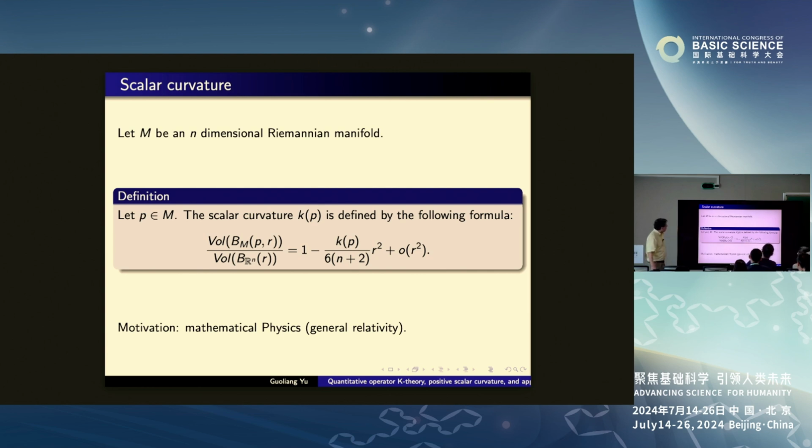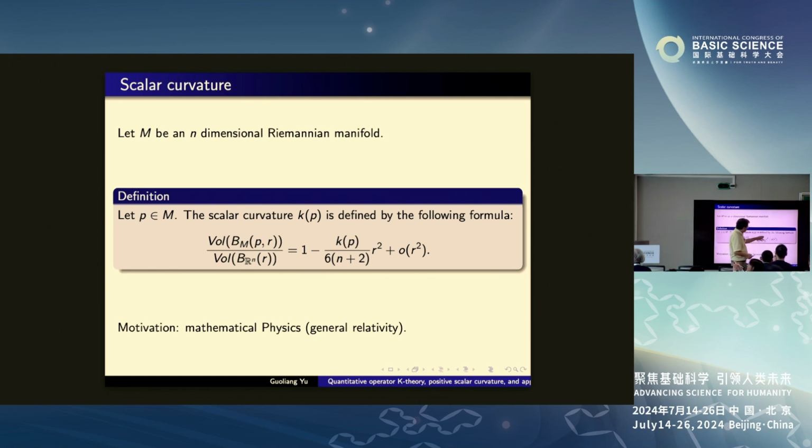So first, the concept of scalar curvature. This is probably the most elementary concept in differential geometry. Scalar curvature is about locally the size or volume of a ball, say with radius r. I start with a Riemannian manifold at a point p and compare it to the volume of the same size ball in Euclidean space. When r is very small, you have this asymptotic formula. Okay, so K here